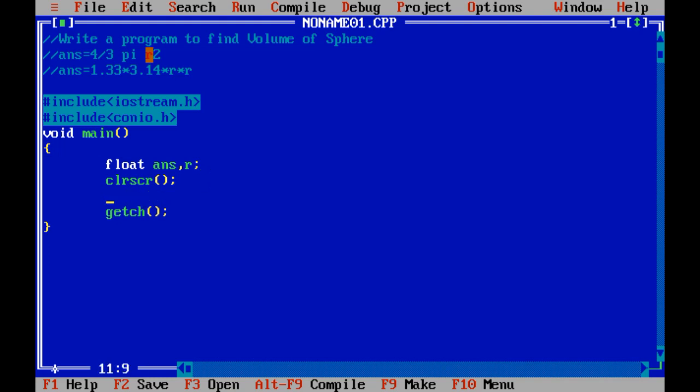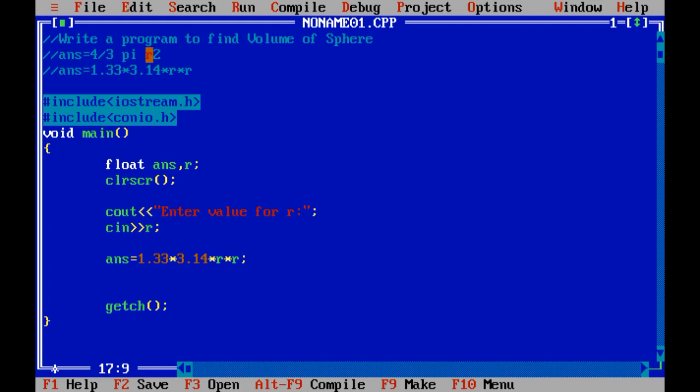Now I just need to input for one value only, that is cout, enter value for r, cin r. Now we need to put a formula over here, that is answer equals to 1.33 multiplied by 3.14 multiplied by r multiplied by r.